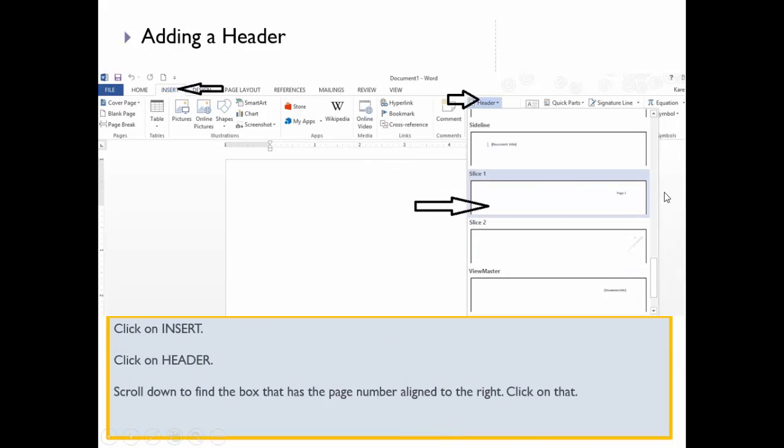Now you need to add a header to your page so that the document will automatically include your name on every page, and it will also calculate the page number for you automatically. So if you click on Insert and then click on Header and scroll down until you find the box that has the page number aligned all the way to the right hand side,